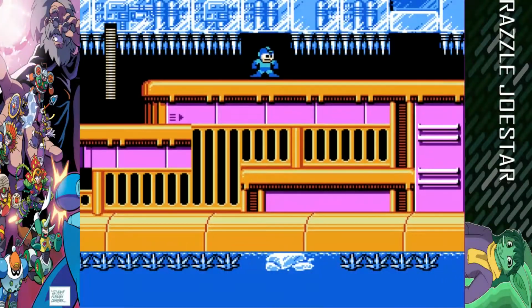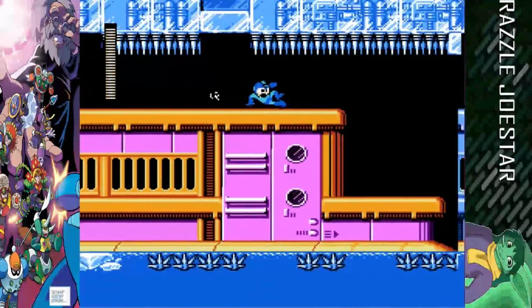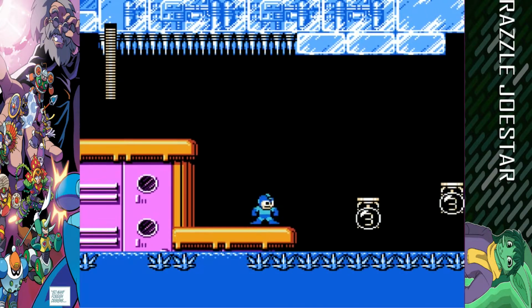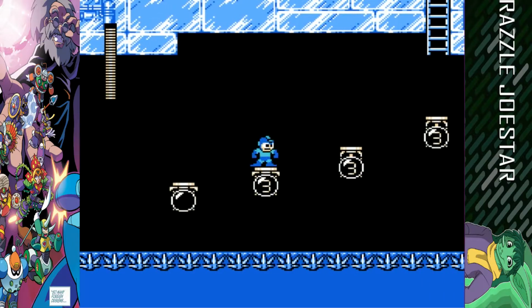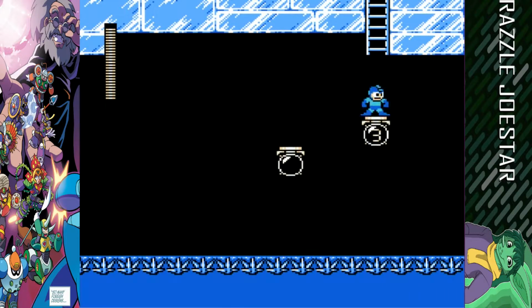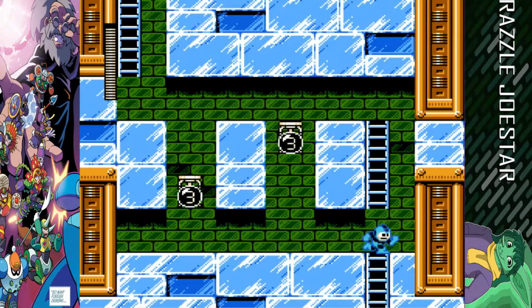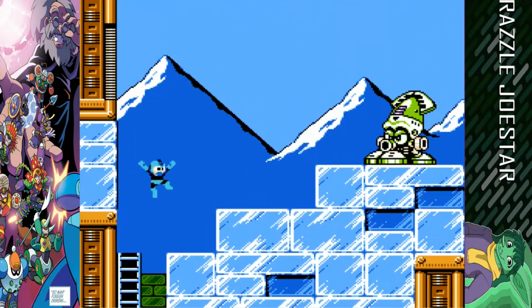And we just come to these open spots here, slide, slide, slide, slide. You can actually slide all the way through after you get past that first little thing there. But it's risky. And again, if you're having trouble with that, just use your Rush Jet Adapter. It really makes a lot of the platforming in this game super easy. So now we got another squid guy here. So let's go ahead and just...